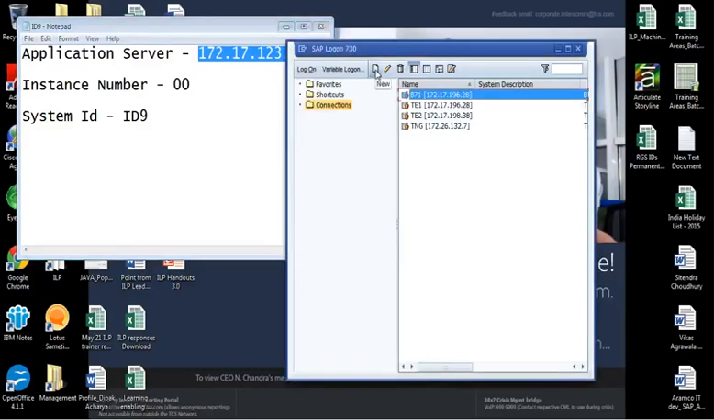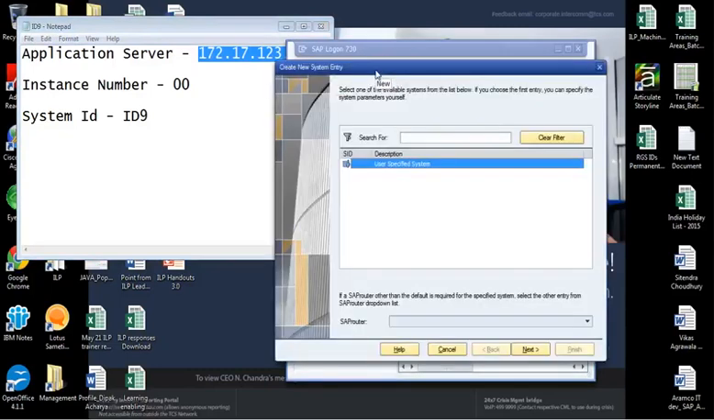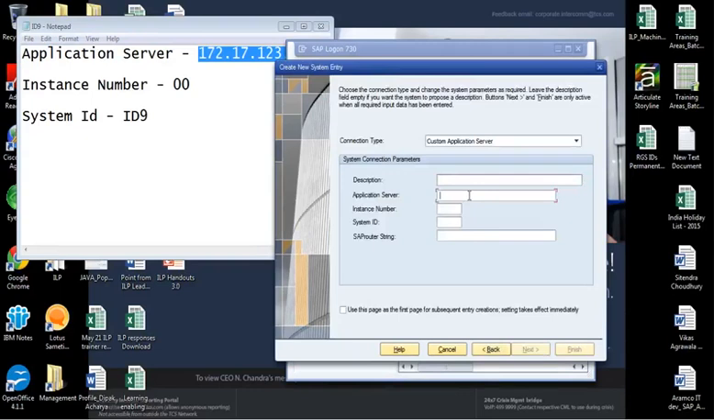So you need to click on this new button. Okay, in SAP Logon, click on the new button. Click on the next button. In application server, enter the application server IP address. Instance number is 00, as I have mentioned in my notepad, and system ID is ID9. Once you enter this IP address, instance number, and system ID, system will automatically create the description of this entry,